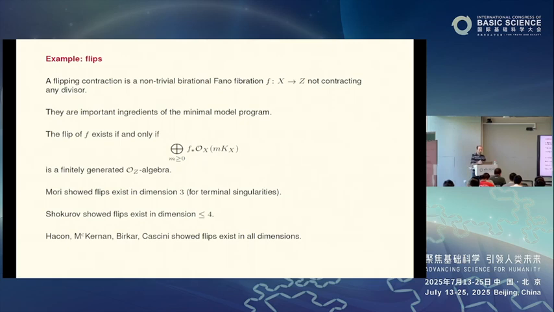In order to complete the flip, flips have two sides. You have a negative side and then a positive side. You have to construct the positive side as well. And this construction can be translated into this algebraic statement, which might be more understandable to those not familiar with the story. So what you need to do is you form a graded algebra of sheaves, taking all powers of the canonical bundle, and then you need to show that this is a finitely generated algebra. So it becomes an algebraic statement.